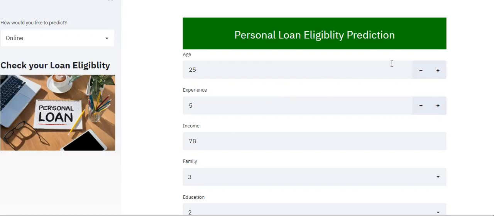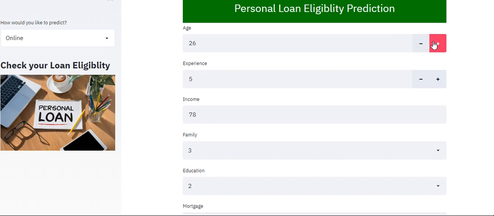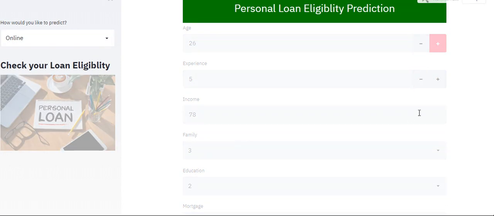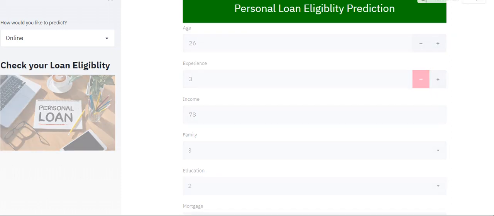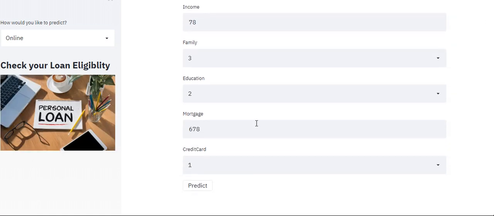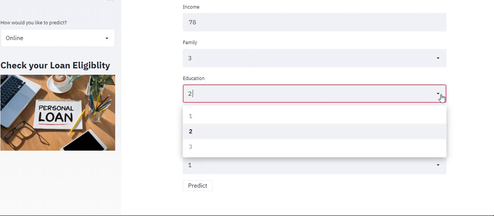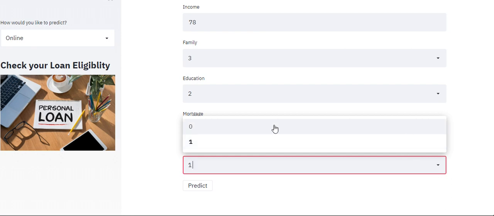So we have to just fill all the details here, and as you can see we can increase or decrease the age from here. We can decrease or increase the experience from here, and we can fill all the details. Education is 1, 2, 3. 1 means diploma, 2 means bachelor's, 3 means master's, and credit card 1 or 0 means someone having credit card